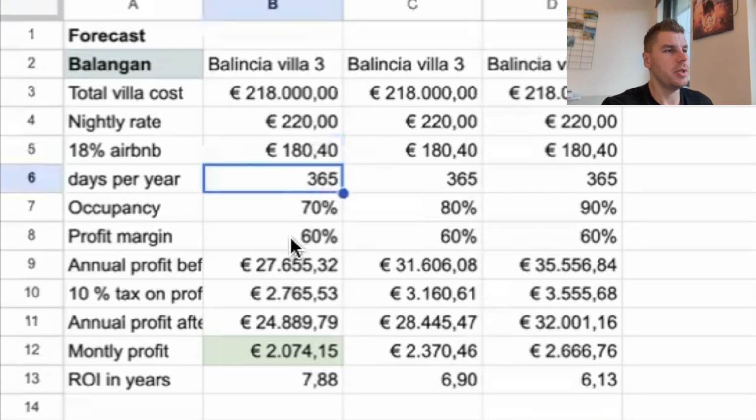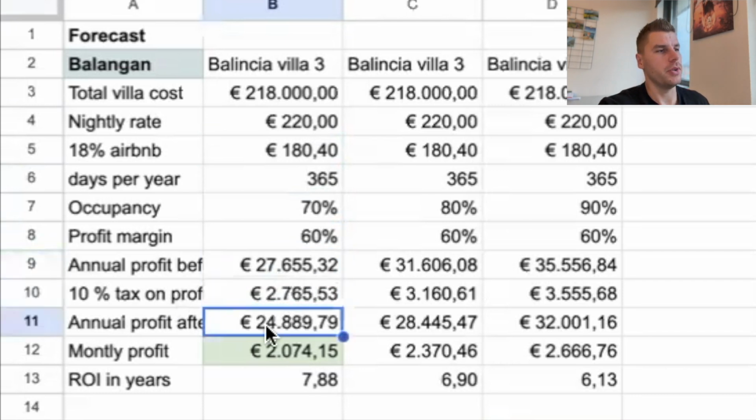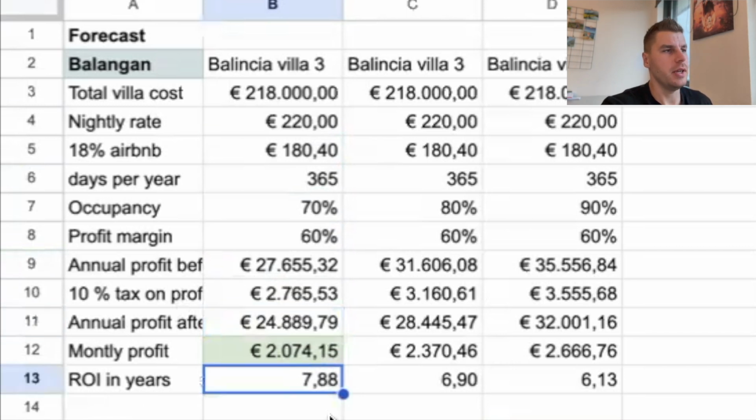265 days a year, 70% occupancy rate, 60% profit margin. That gives you a 27k profit per year. You have to pay 10% tax on this profit, so this will be the remaining profit, 24,889. So the ROI is going to be 7.8 years, which is on the high end. I'd rather be around 6, but my management company has an average